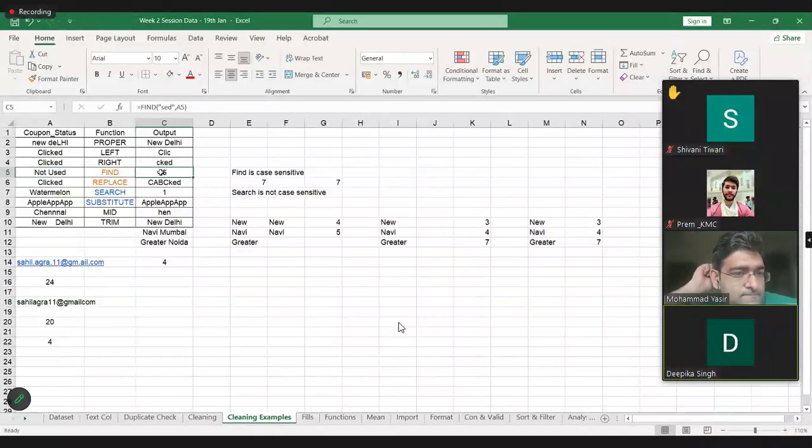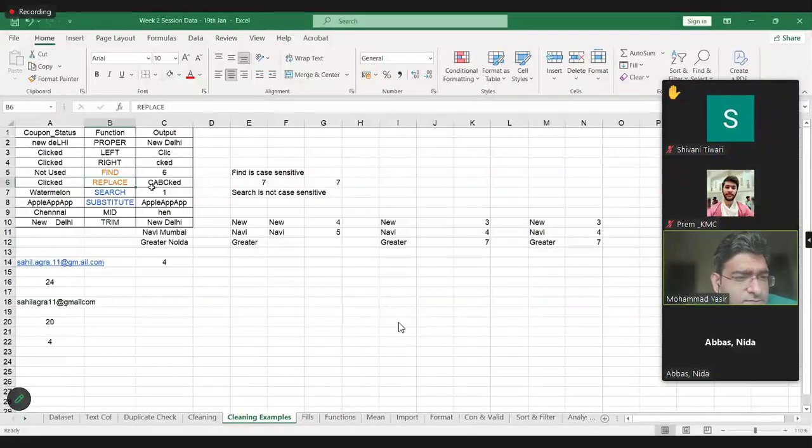Now, the next thing is replace. Sorry, sir, one more question before we move to replace. Find we did in the same row. If you want to find a word in column A, how are we going to write the formula?